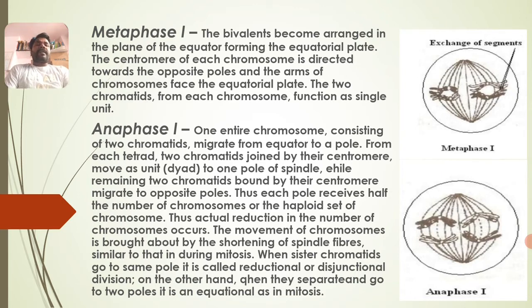And at the time of diplotene, the chiasmata move towards the terminal region, which is also called terminalization of chiasmata, and this takes place during the diplotene stage. The main important thing is that synthesis of RNA takes place during the diplotene stage. And another stage is diakinesis. During that time, there is a continuation of terminalization of chiasmata, the chiasmata moving towards the terminal end of the chromosome.